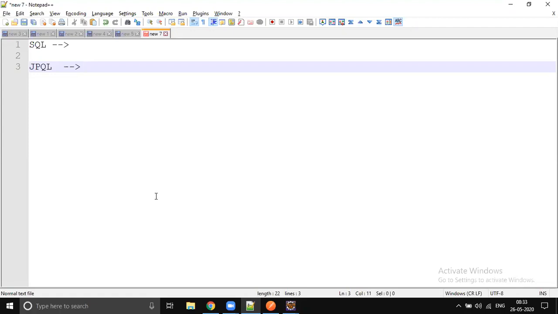So the main intention of using Data JPA is SQL interoperability. So if you write native queries, then your application becomes SQL dependent. So let's not do that. Let's write JPQL queries, and we saw one example of how to convert an SQL query into JPQL.